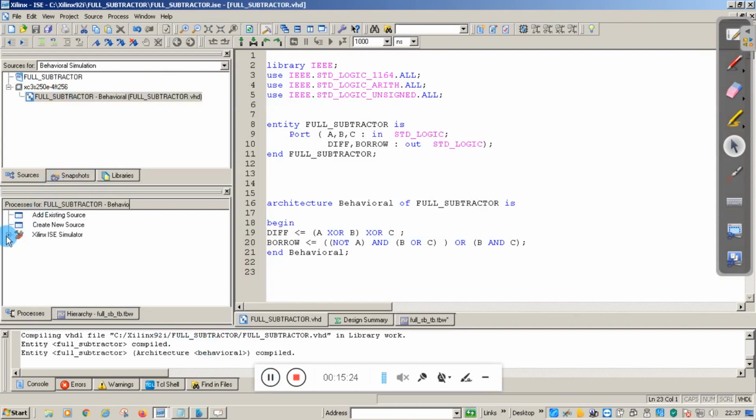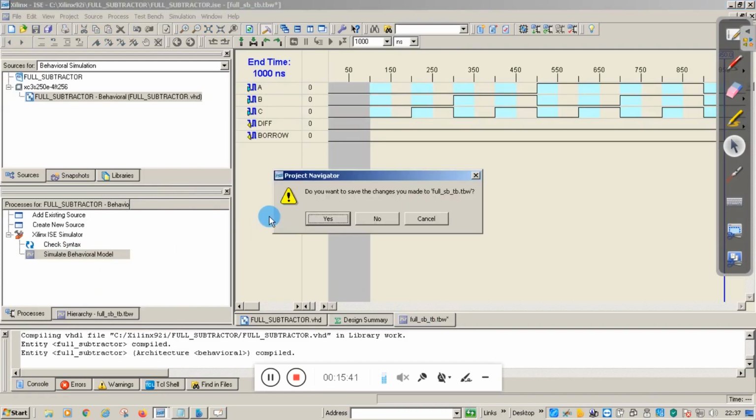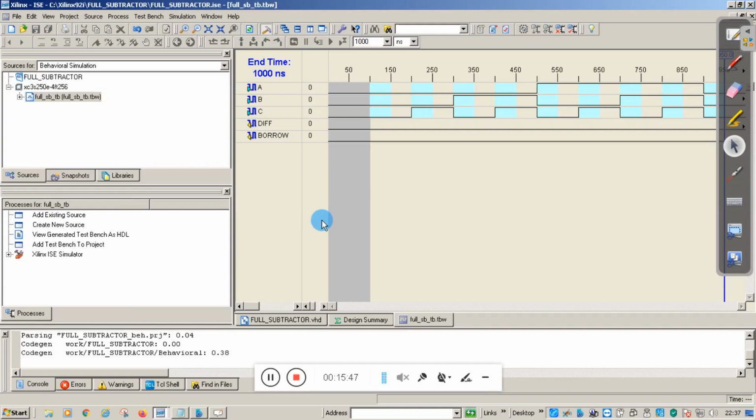Here you find the Xilinx simulator. Right click on Simulate Behavioral Model. When you click on it, it will pop up for saving our input and code. Click on the save button.